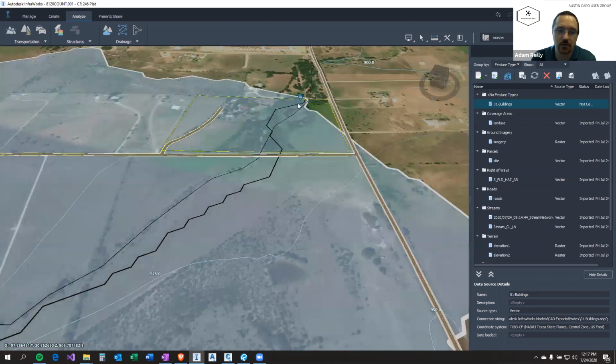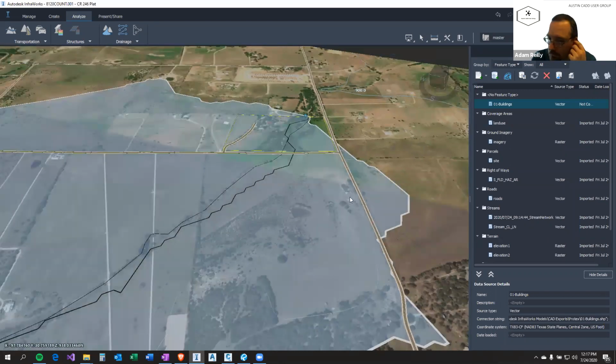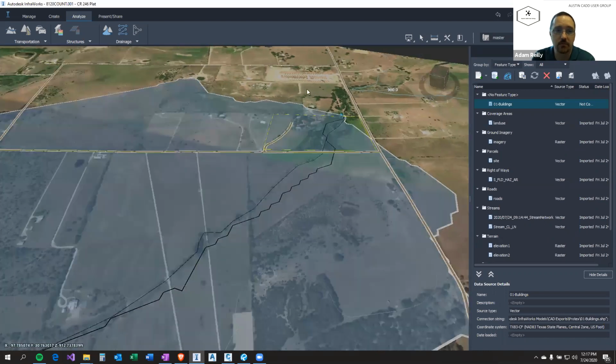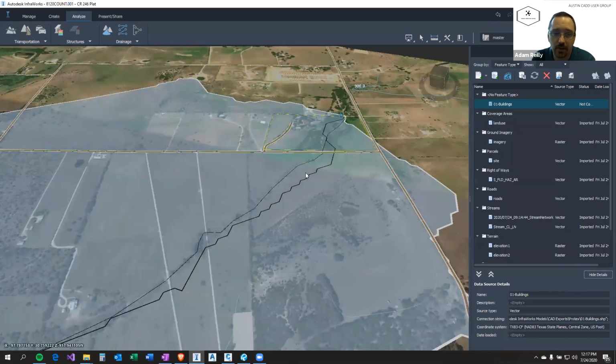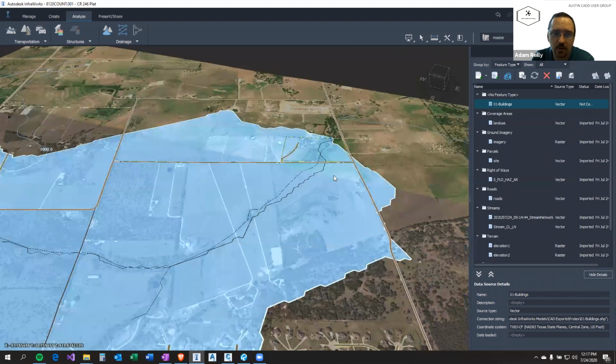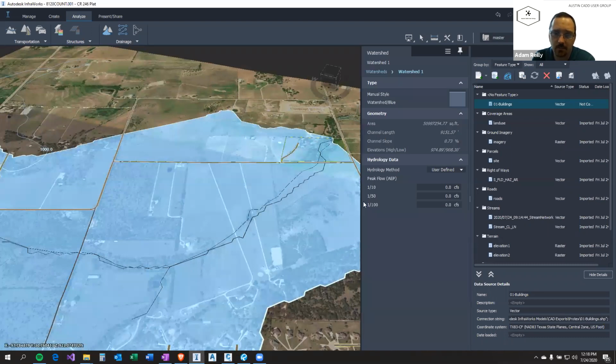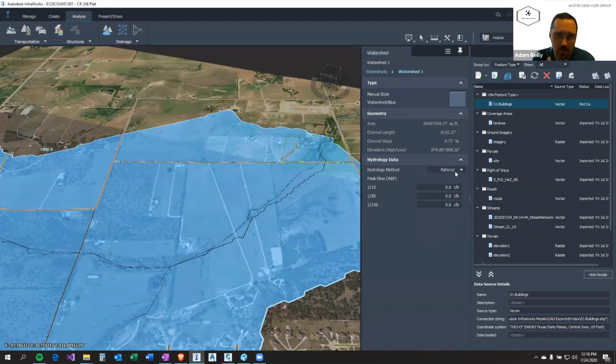So it's doing its analysis to see what drains to it based on the grid pattern that we gave it in the options, and it's just draping it over the surface. It doesn't really give us that much more information. It has some ability to define hydrology data, but I've not really used this in any meaningful way,